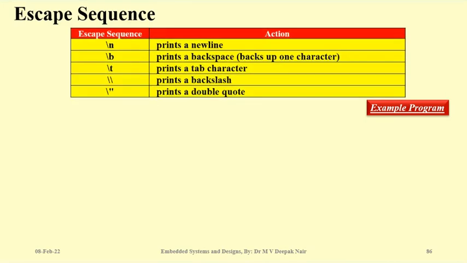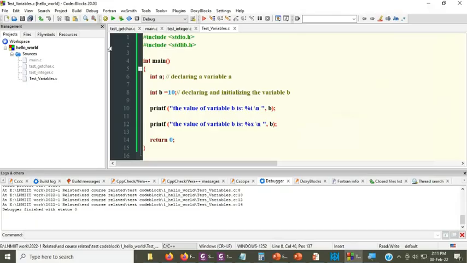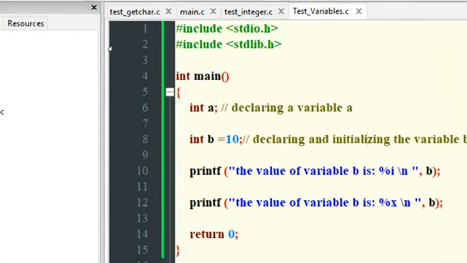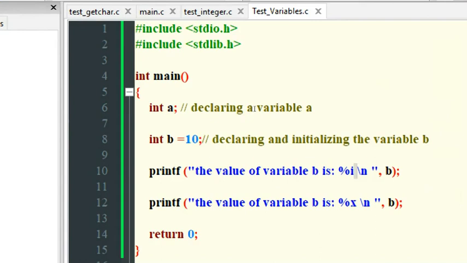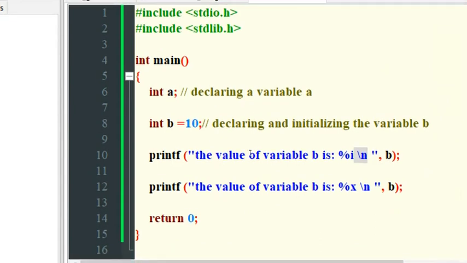There are many escape sequences, like I showed you in our previous program. We were using backslash n, which means next line, like pressing the enter button on our keyboard.